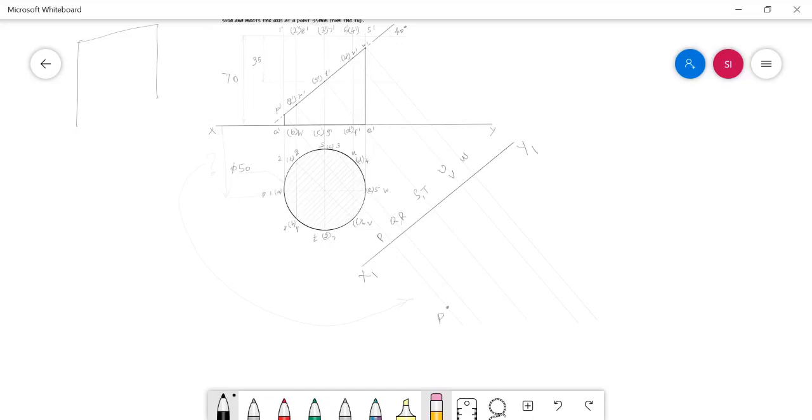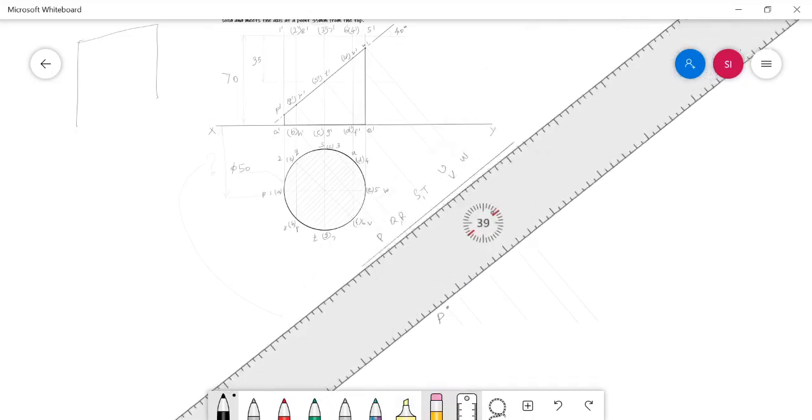This is point P. Similarly, measure the distance between the point Q and the xy line, this distance, and mark the point Q in the projector of Q. Similarly, the distance between the point R and the xy line, this distance, mark the point R in the projector of R with the same distance. Here I needed to extend my projectors.